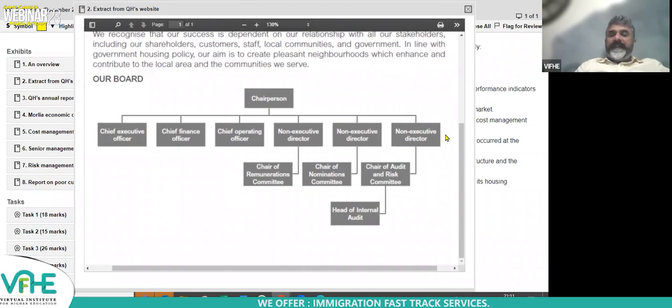So we have 3 NEDs and all of them are leading one of the committees. So if we separate a risk committee, we don't have a NED, right? You remember yesterday I said that all committees will be headed by a NED. So we don't have an extra NED who can look after the risk committee. That is why maybe they have combined the chair, the audit and risk committee, so that only one NED can look at both, because they don't have an extra NED.